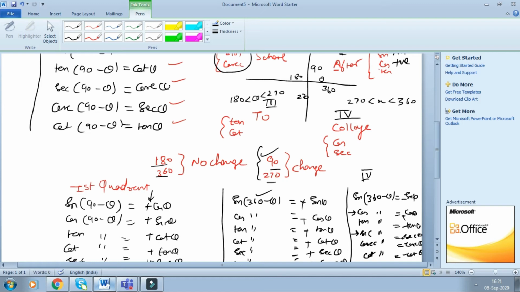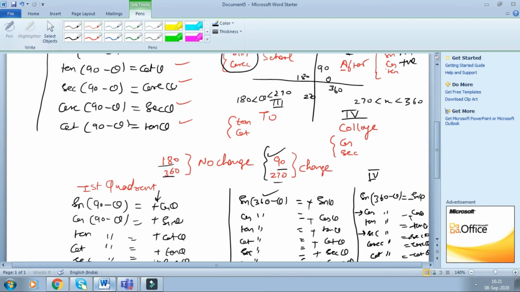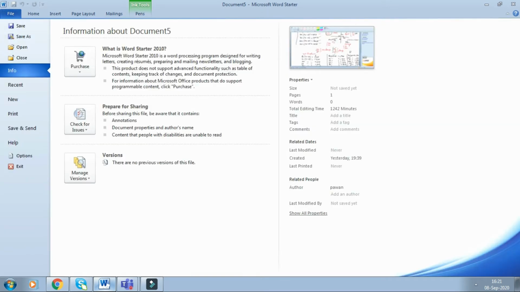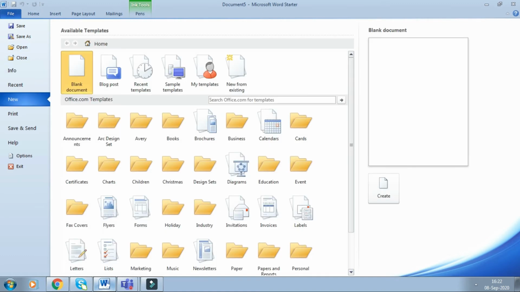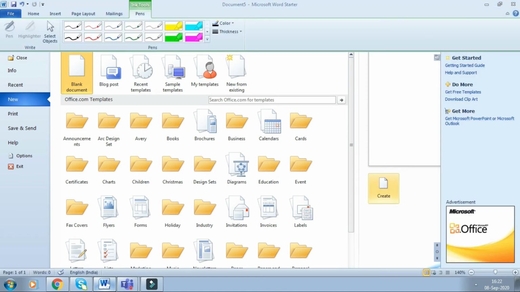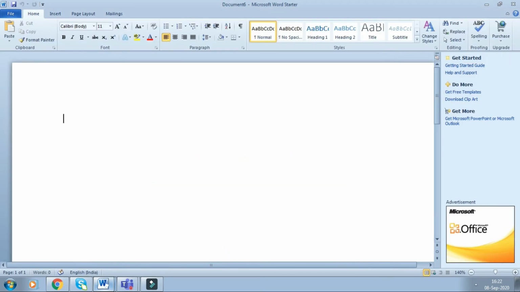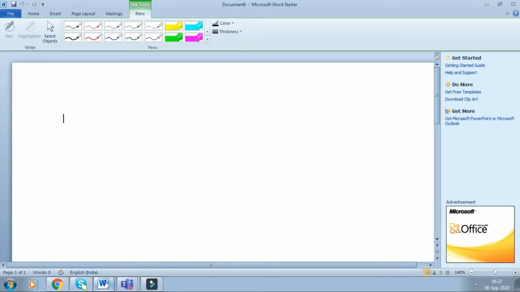So up to this, I think there is no problem for any student. But now the big problem arises: why are we doing this? What is the importance of the quadrant system? Why are we learning this? This is one of the major questions in front of every student doing trigonometry, particularly the quadrant system. They are confused why we learn this quadrant system. So let me quickly give one hint why we do this. First of all, you have to be aware that theta is equal to 0, 30, 45, 60 and 90.